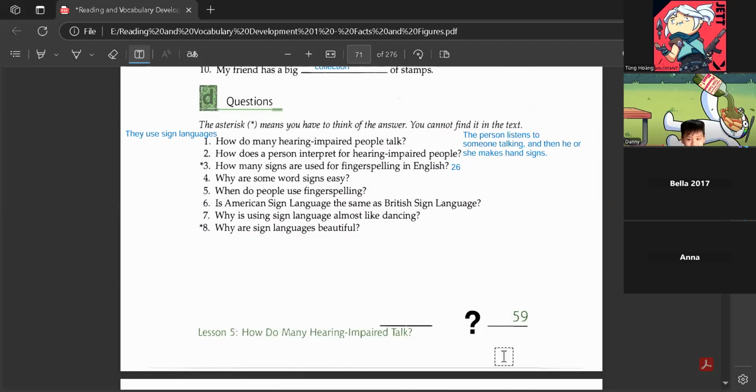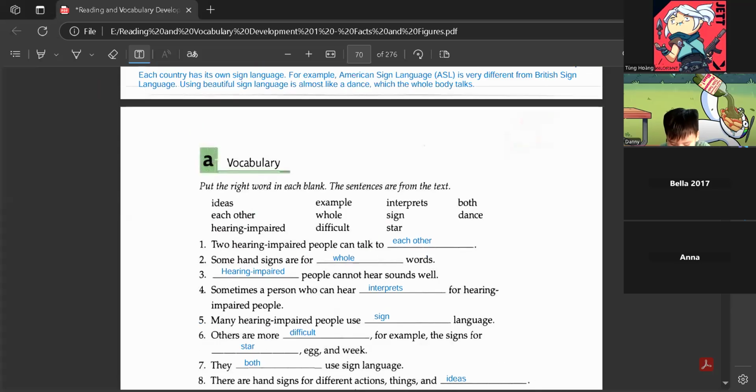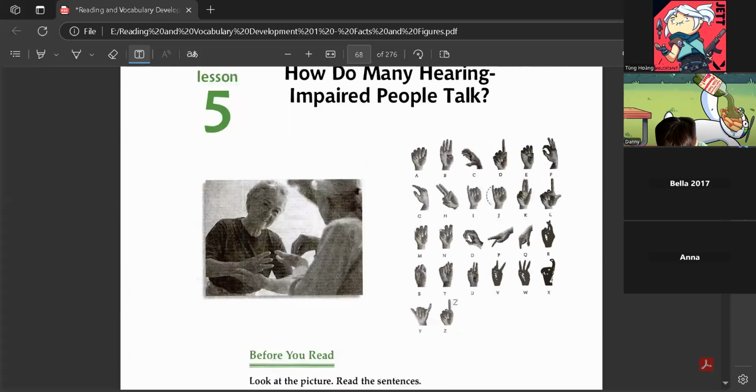Sign language is hard to learn. Wait, could you say it normally? Okay, do you think sign language is hard to learn? Do I think sign language is hard to learn? Of course not, I don't think so. Just look at the site. It's not hard. You just have to remember it.